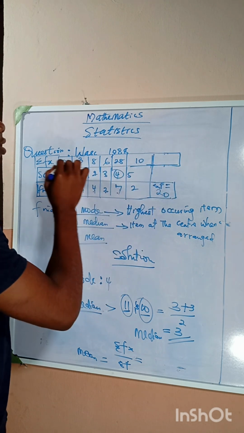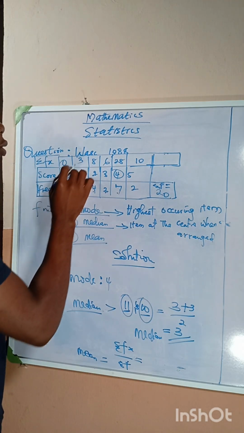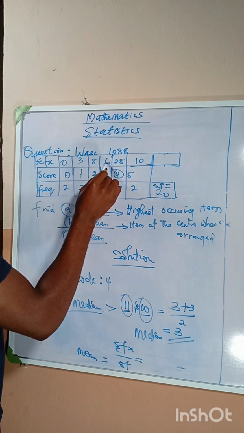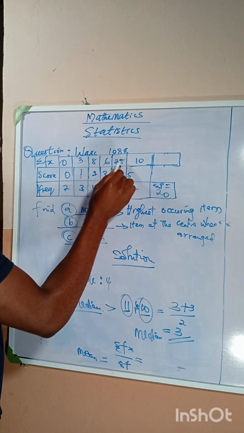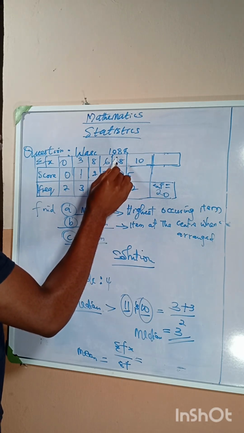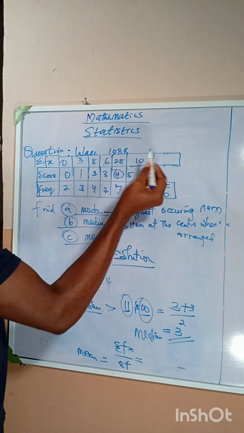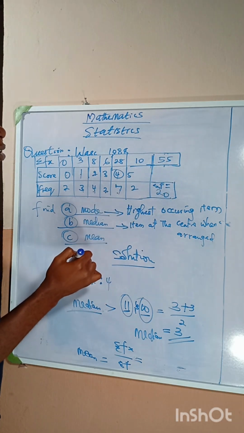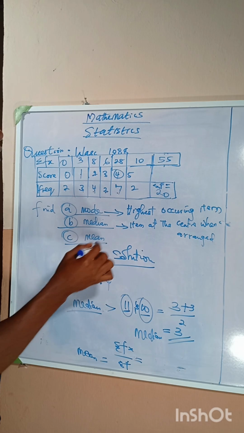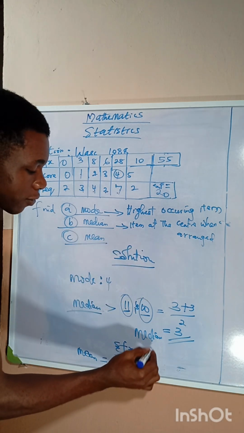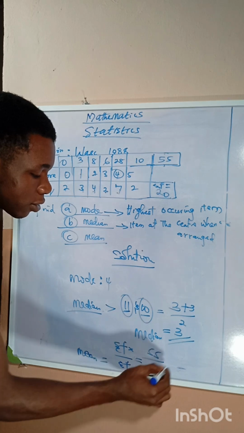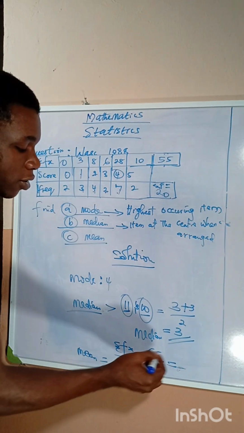Adding everything in this particular row, we have 3 plus this 11, 11 plus this gives me 17, 27, 47, 55. So we have here 55. All right. Now that being said, we can say that 55 divided by 20 becomes the value of the mean,